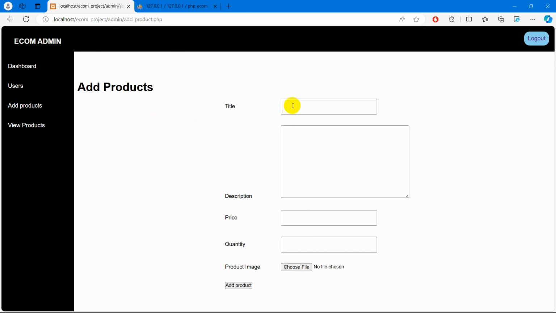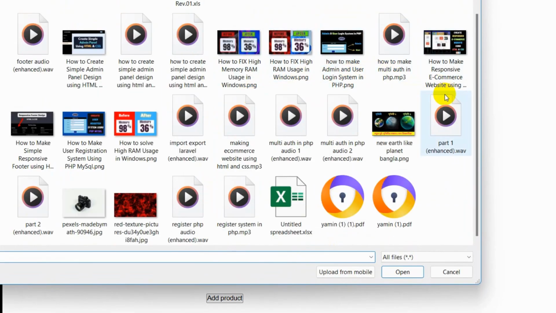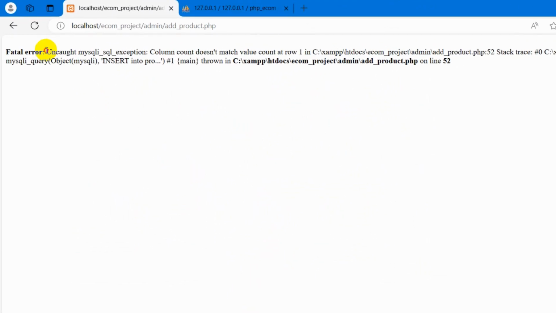There you can see we have the product image option here. So let's give a title. Let's say the title will be shirt. Let's say here test description. Price will be 100. Quantity will be 100. And let's choose the image. Let me just choose some random image from here. Okay, let's choose this camera image. Click on open. Then right now, if we click on add product, okay,